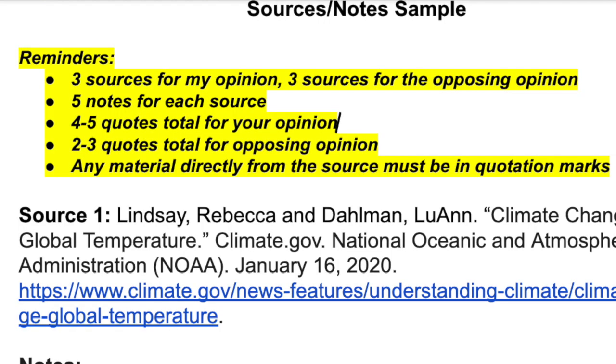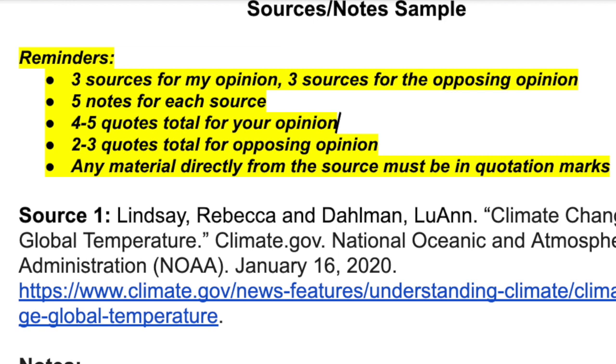So if you go to the third page of the research sample, you will first of all see some yellow highlighted notes where it gives you reminders of how you need to have 3 sources for your opinion and 3 sources for the opposing opinion. You also need 5 notes for each source, at least, 4 to 5 quotes total for your opinion, and that can be just facts that you decide not to put in your own words, and 2 to 3 quotes total